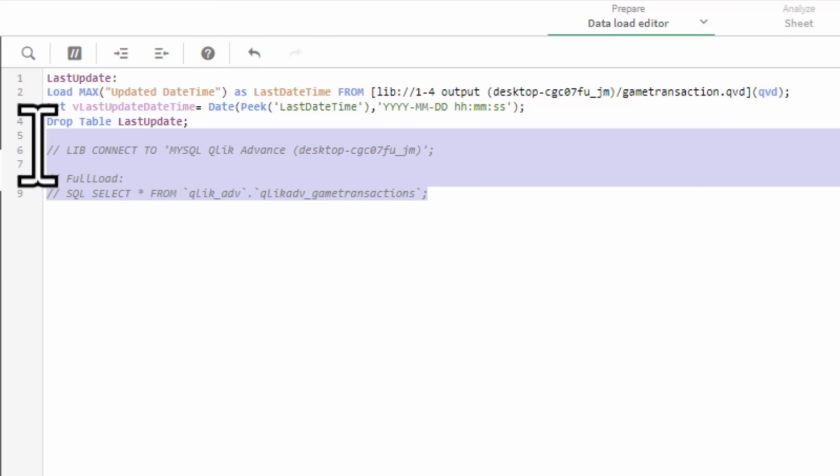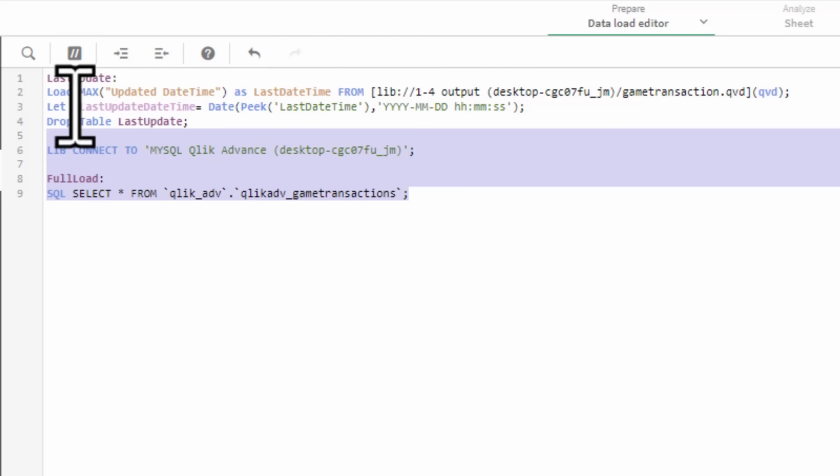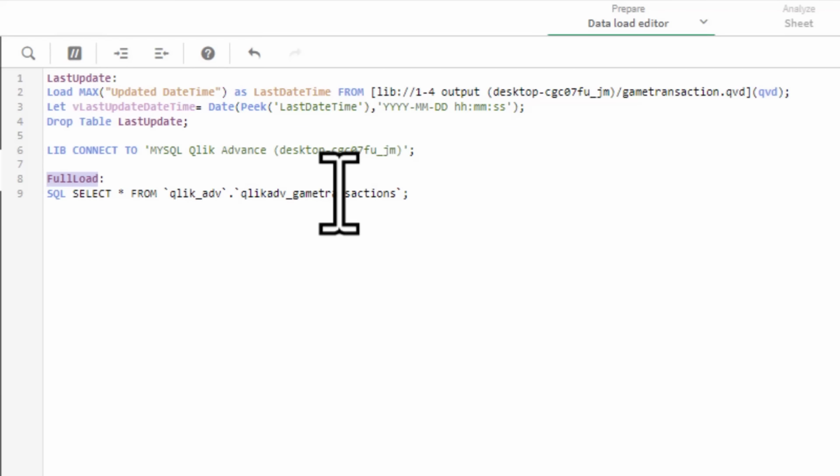The script should look like this: LIB CONNECT TO 'MySQL Click Advanced'; GameTrans: SQL SELECT * FROM `click_adv`.`click_adv_game_transactions`;